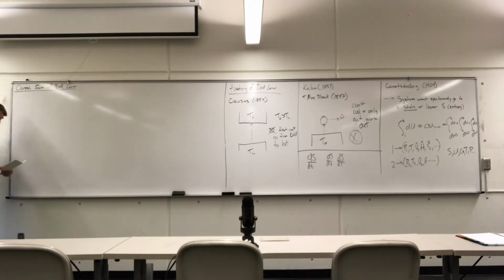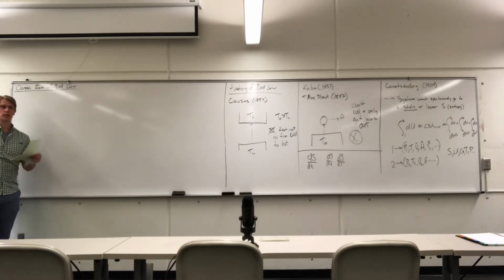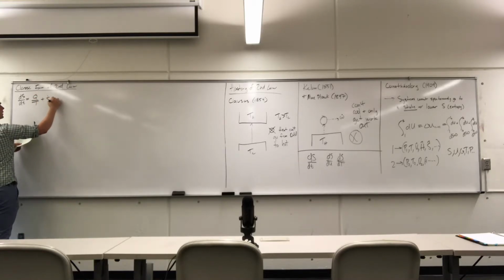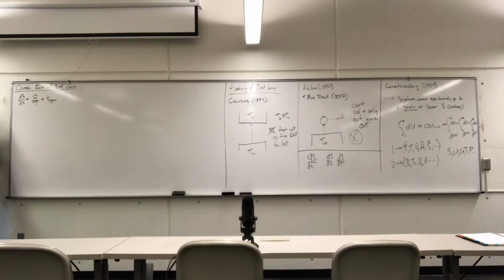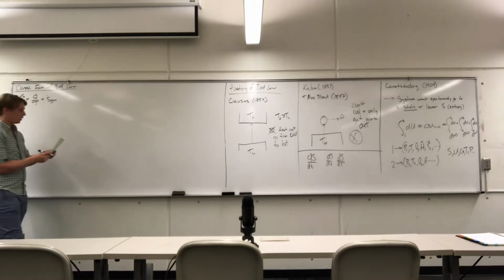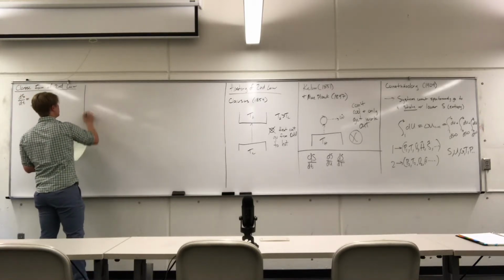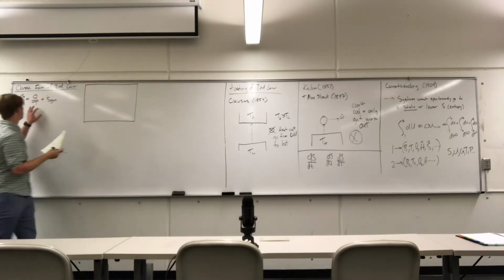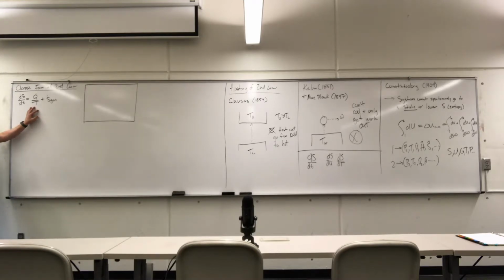All right. So, what you typically see in an undergraduate class for the entropy is dS/dt is equal to Q dot over T plus S dot gen. Does this look familiar? Where does this come from? So we're going to do a quick little derivation using what we've learned yesterday and today